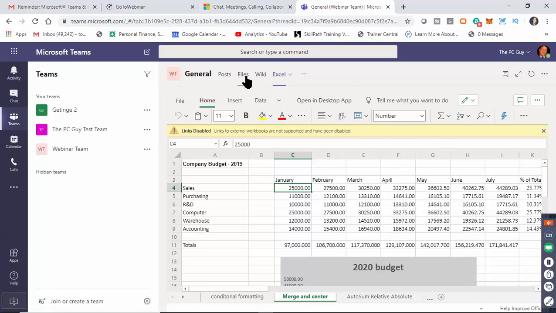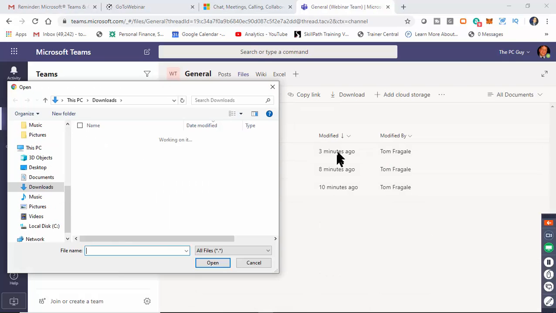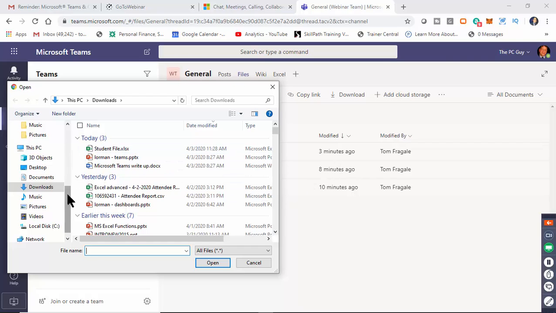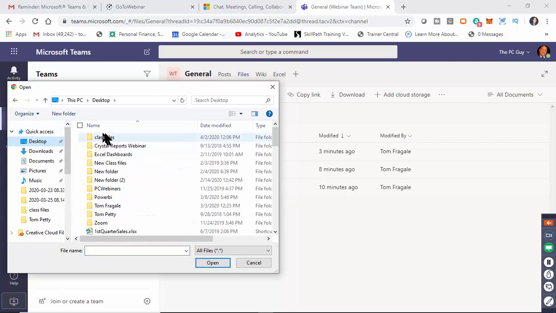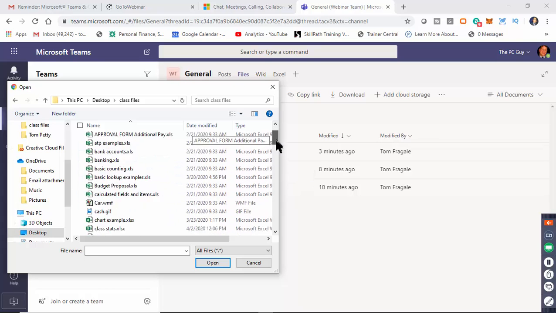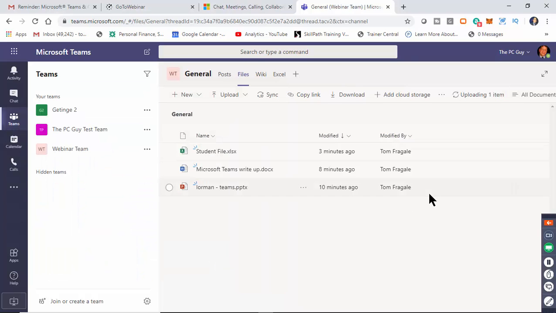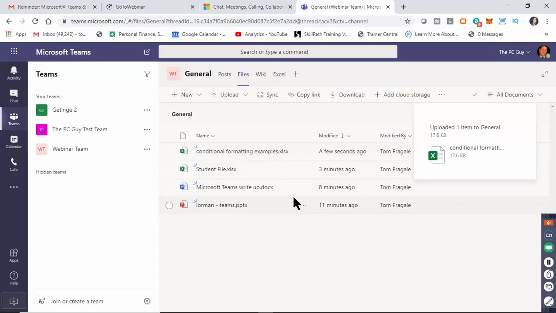So let's try this again. I'm going to pick on Files, and I'm going to upload a file. And I'll pick a different one this time. So again, I'm not looking for the XLS files. I want the ones that say XLSX, and this will be a good one. So I'll pick on that one, and I'll pick on Open. So I want to upload it first, okay? Then I'll pick on the plus sign,